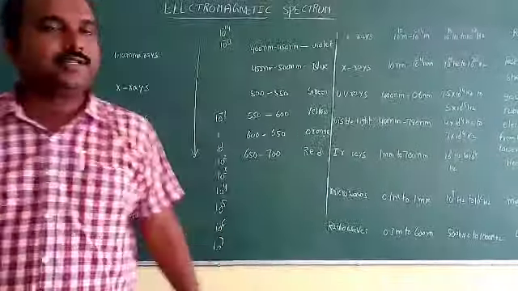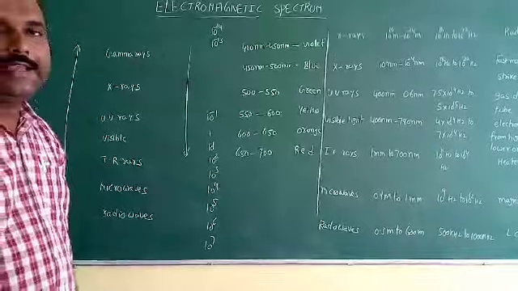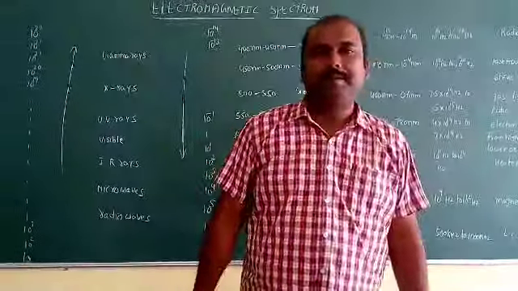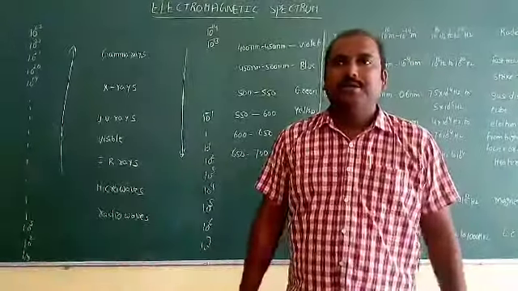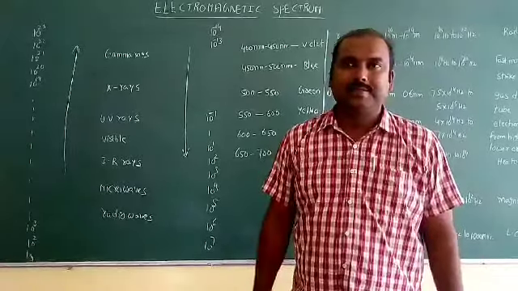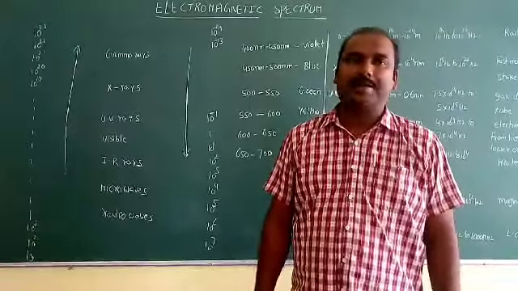Because in nuclear reactions, these gamma rays are produced, and they were discovered by Henri Becquerel. Now, the uses of gamma rays: they are used to treat cancer, and they are used to see the flaws in structures and the quality of metals. All those things we can test by using gamma rays.